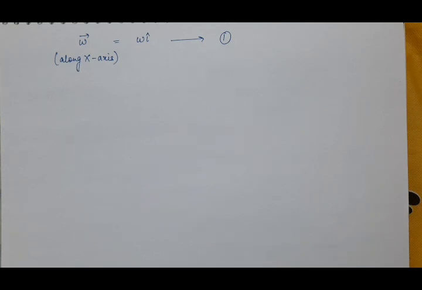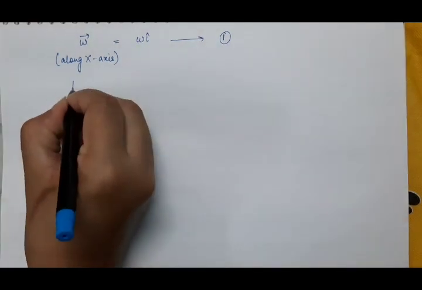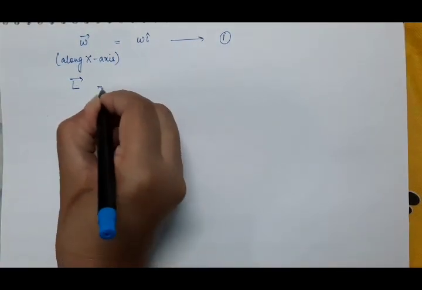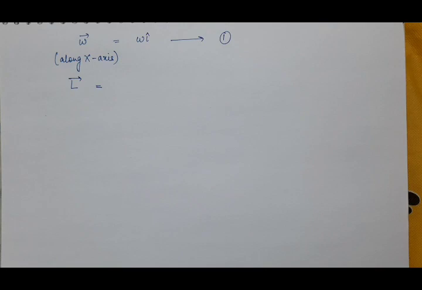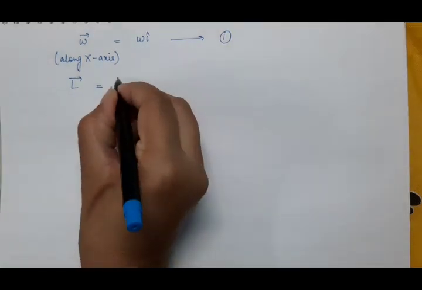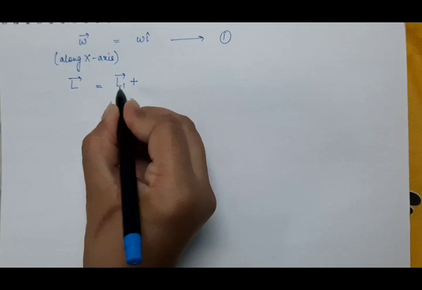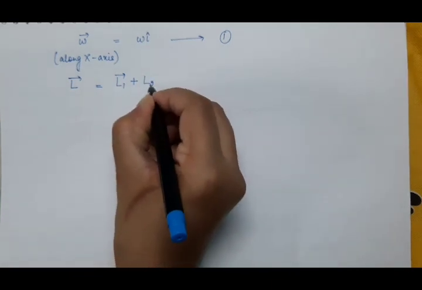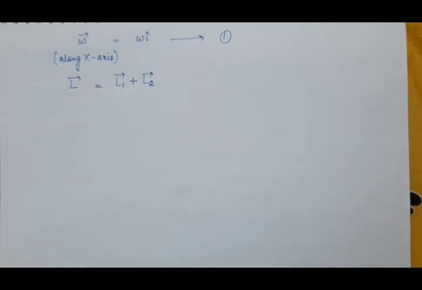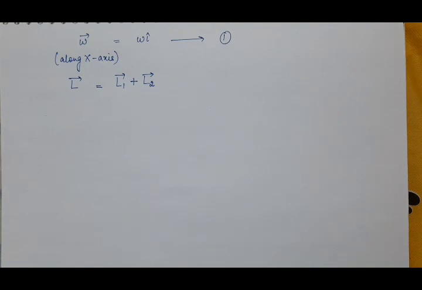And as the rigid particle rotator, it is rotating about the axis, so it will also possess some angular momentum. So what will be the total angular momentum of the rigid body? It is the summation of the angular momentum of all of its particles. And this two particle rigid rotator consists of two particles. One is at point A, another one is at point B. So it will be the sum of the angular momentum of two particles.